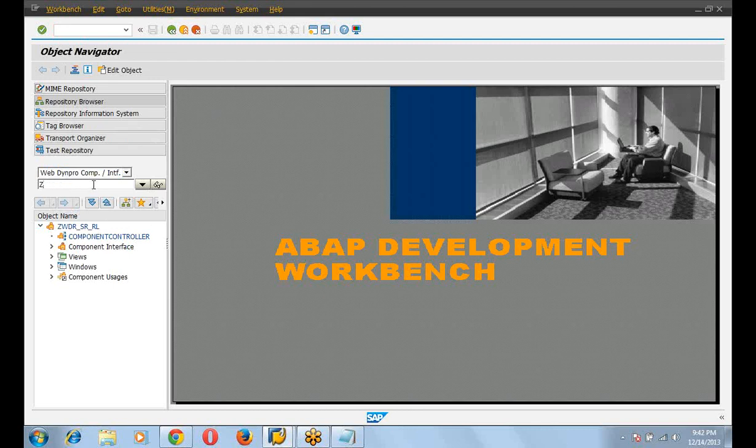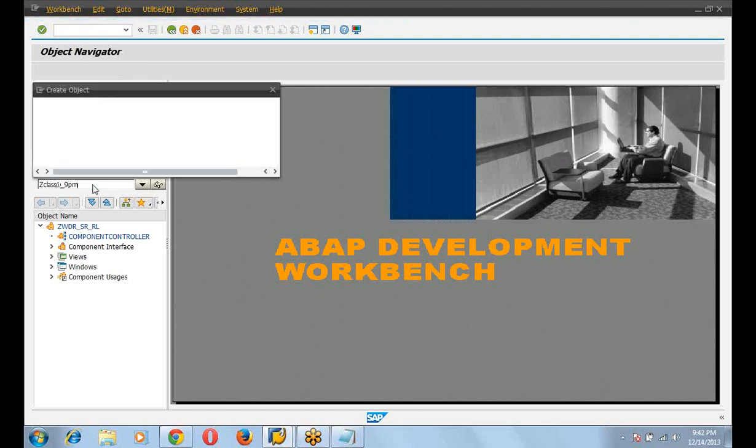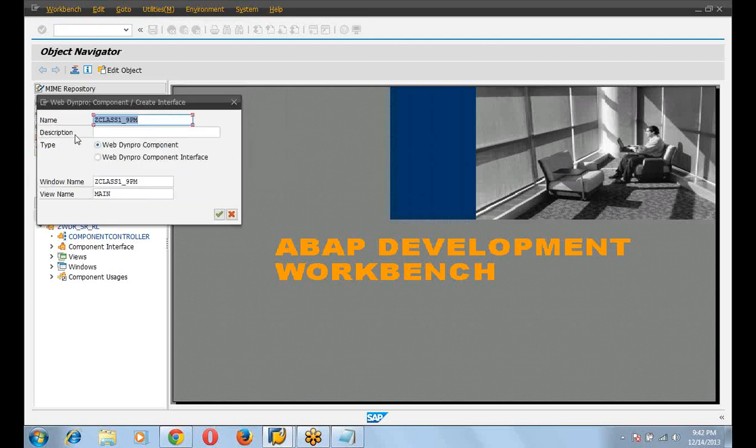It should start with Z or Y. Press enter. It will show that the component does not exist. Create object? Click on yes. Create. Now it will ask you to type some description. Class 1.